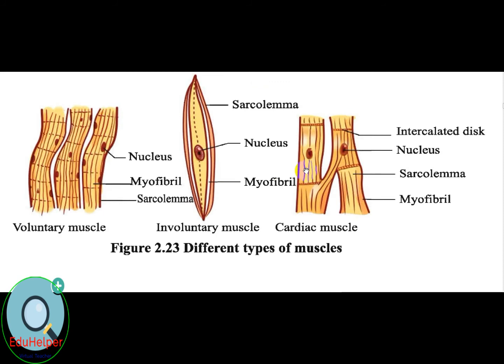Different types of muscles. Now I am going to describe their structure, functions, or you can say their role in our body. First of all, the skeletal muscle, or you can say voluntary muscle, is made up of many fiber-like muscle cells called muscle fibers. Some muscle fibers are bound together by perimysium, a covering of connective tissue, to form a bundle called a fasciculus. Some fasciculi are again bound together by epimysium, a covering of connective tissue, to form a bigger bundle.